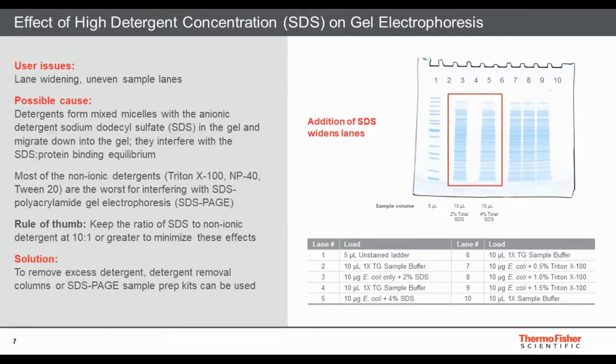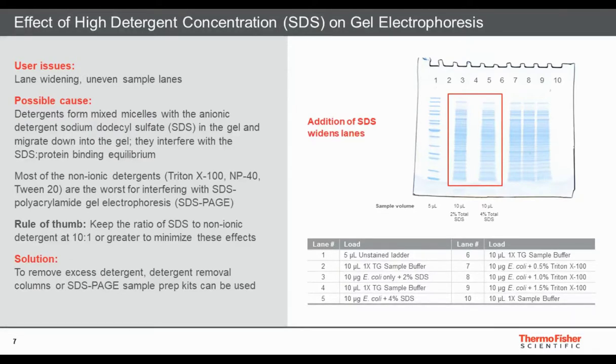For Western blotting applications, it is common to use a lysis buffer with 1% SDS concentration. This can sometimes be higher depending on the sample type. In a diluted sample, when higher volume is loaded per well, the total SDS concentration can significantly increase. The total SDS concentration is 2 and 4% respectively in lanes 3 and 5 in this gel that is on